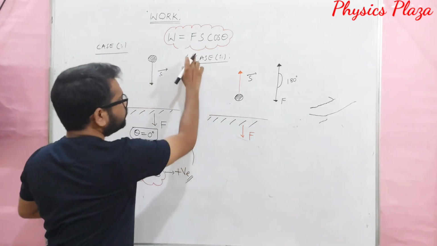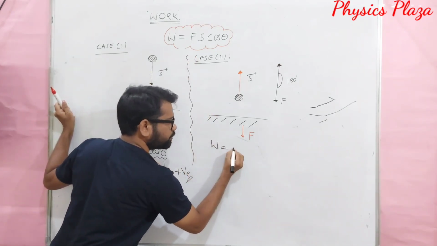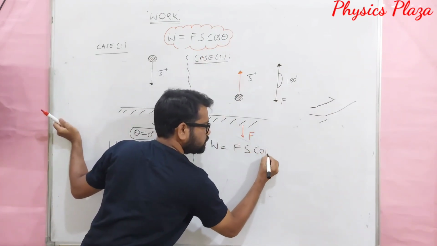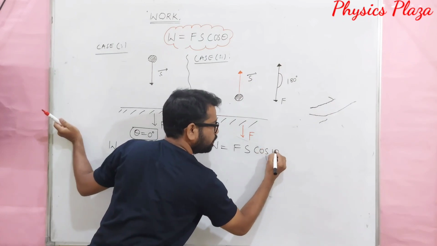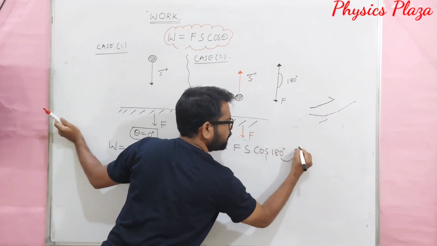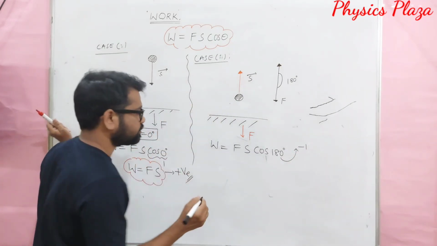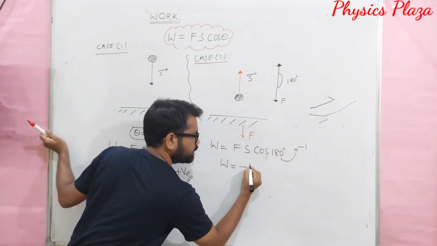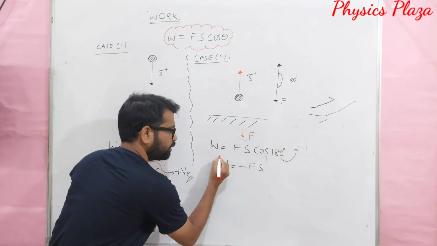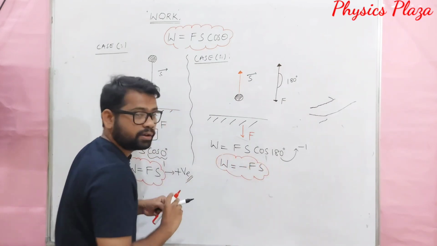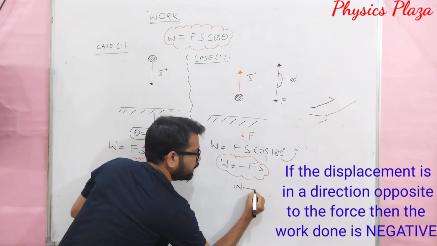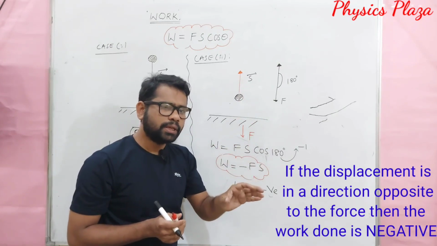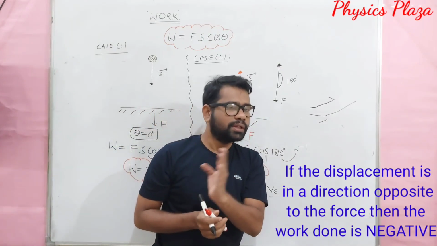Let us see once. Children, we know that W is equal to Fs cos theta. In the place of theta, now let us write 180 degrees. That is cos 180 degrees. Children, but cos 180 degrees is minus 1. So, W is equal to minus Fs. Look at here. We got W equal to minus Fs. Children, here the work done is negative. So, when the body is displaced in the opposite direction to the applied force, then the work done will become negative.